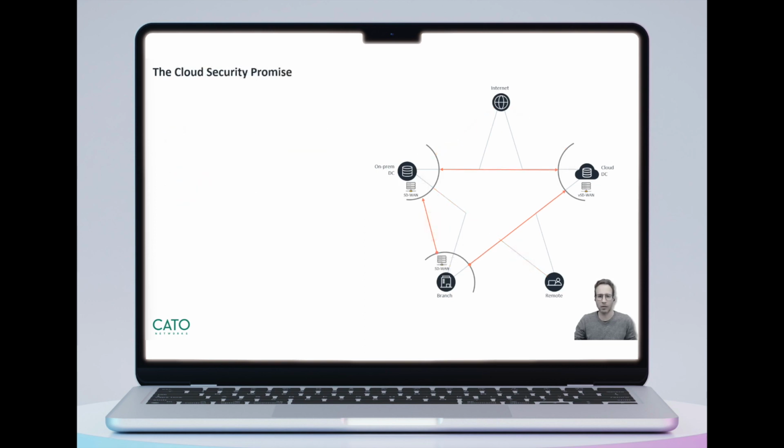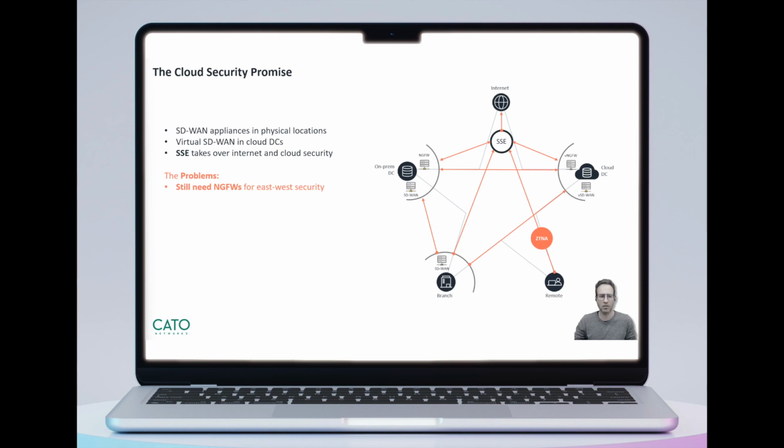Now, there is a promise in cloud security that will keep our virtual wide area network overlay with SD-WAN as is, and we will add what is called today a SASE that will take over internet and cloud security from us. It would allow remote users, branches, as well as physical locations to securely connect to the internet and the cloud. The problem with this solution is that you would still need your next-gen firewalls to provide east-west security and govern access to corporate resources. As a result, your security is fragmented. And fragmentation is what creates blind spots and misconfiguration